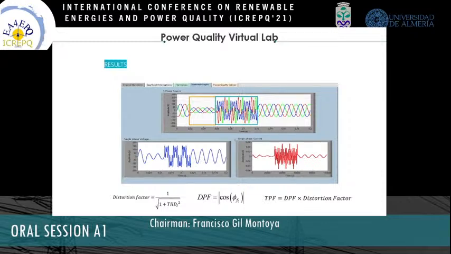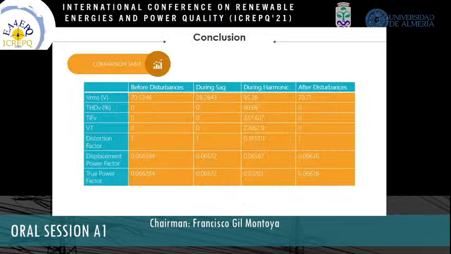And then, the power quality indices are being measured and analyzed on the implemented system along with the RLC load before any disturbance, during sag, during the harmonic distortion, and after these disturbances. Some of these power quality indices were generated directly through LabVIEW blocks, others were designed using mathematical blocks to perform the right operations. These measures are displayed in the following table to clearly analyze how the parameters are affected by